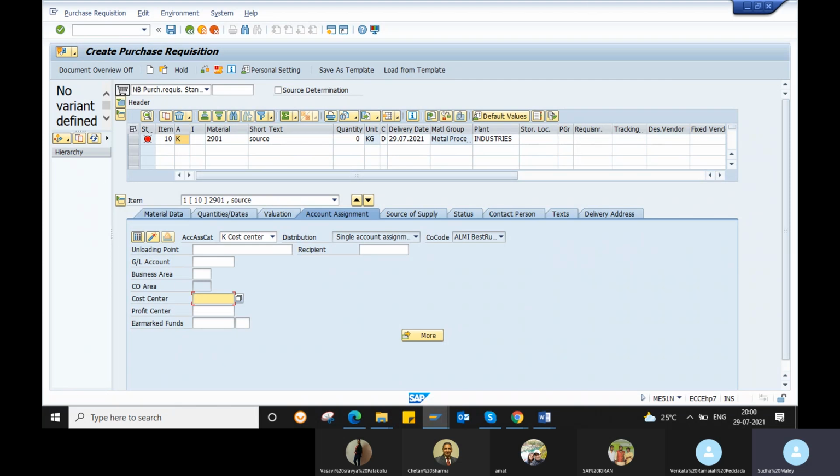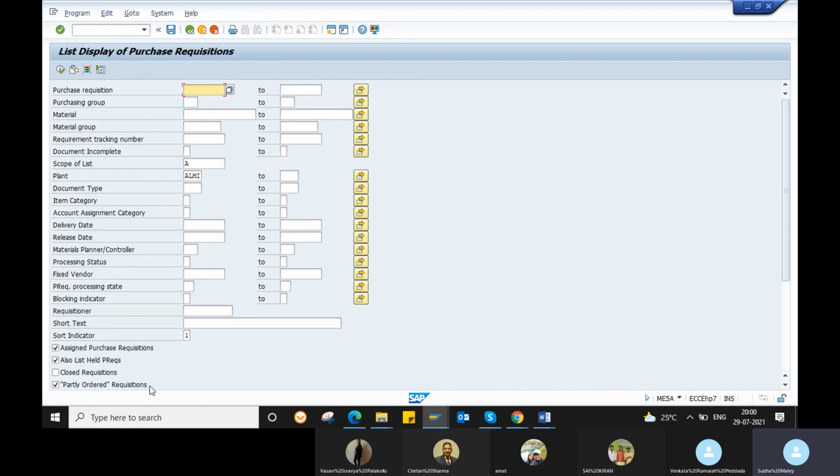And we have reports also. Coming to the reports of purchase requisition, ME5A is the report for your purchase requisition. You can get the display and the list of all purchase requisitions through ME5A. The cost center and GL account you will not find here. In ME5A you can only find your document type and your purchase requisition.